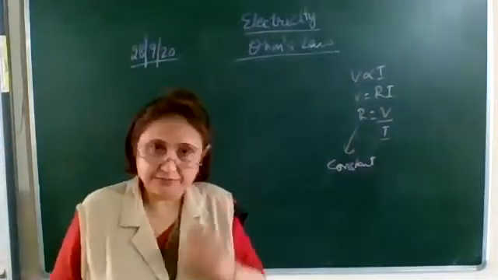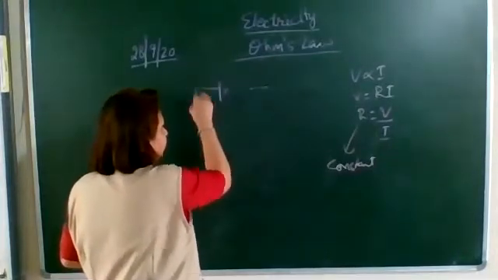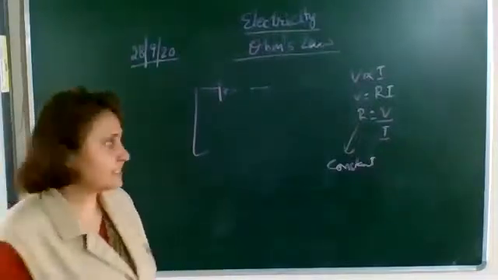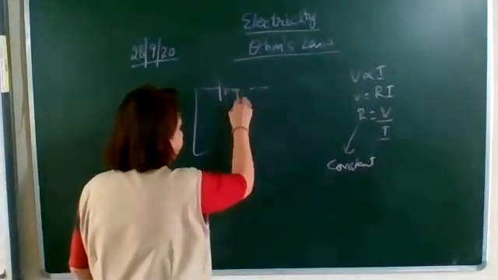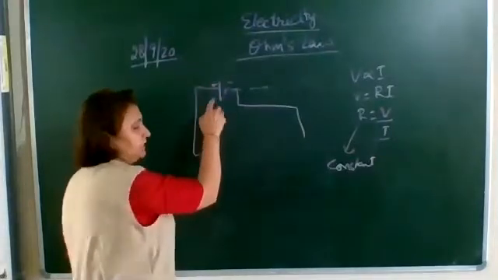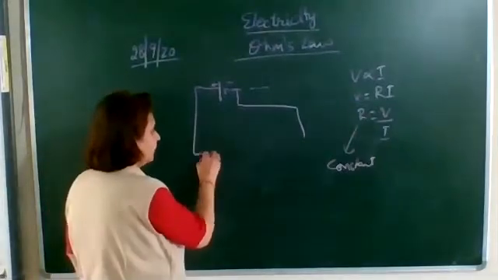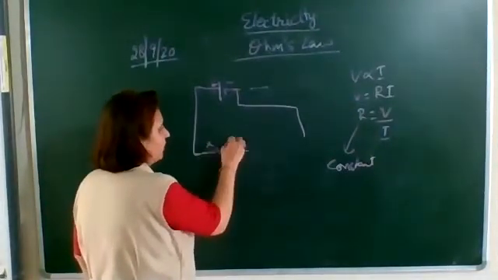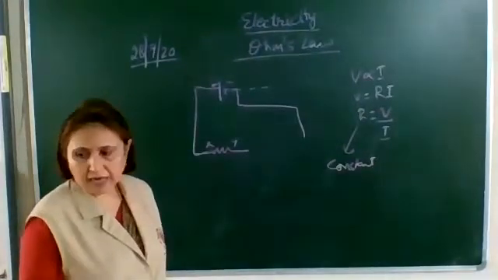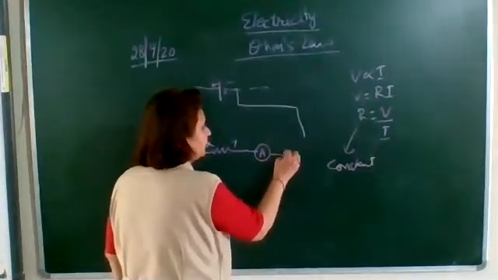Okay, so what is done? A circuit is made. First, only one cell is there in the circuit. Later on we will connect a number of cells. Okay, now this is the circuit. We know that the longer line is the positive terminal, the shorter one is the negative terminal. It is connected to a nichrome wire XY, and is connected to an ammeter and to a key.